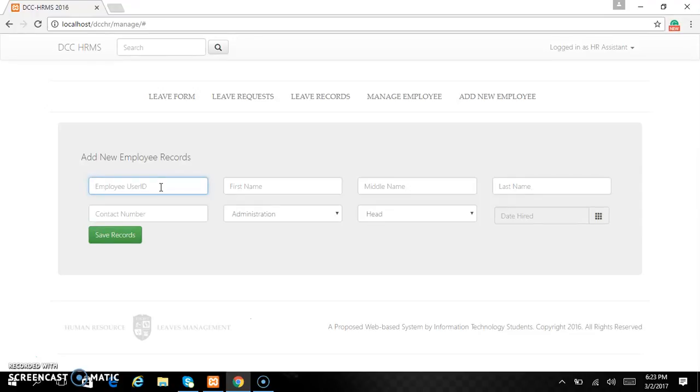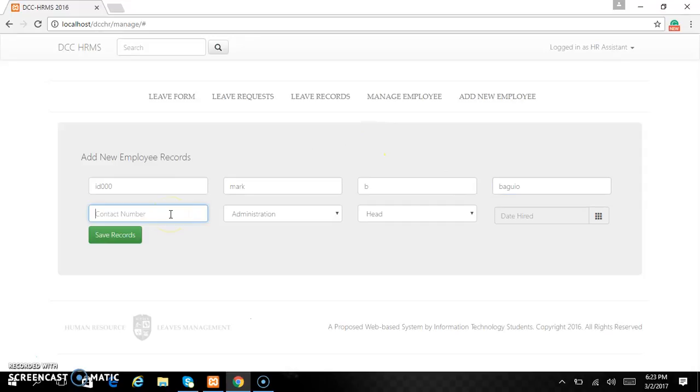So we're going to fill up this form: employee user ID, example ID 000. Then the first name is Mark, middle name is B, and the last name is Baguio.